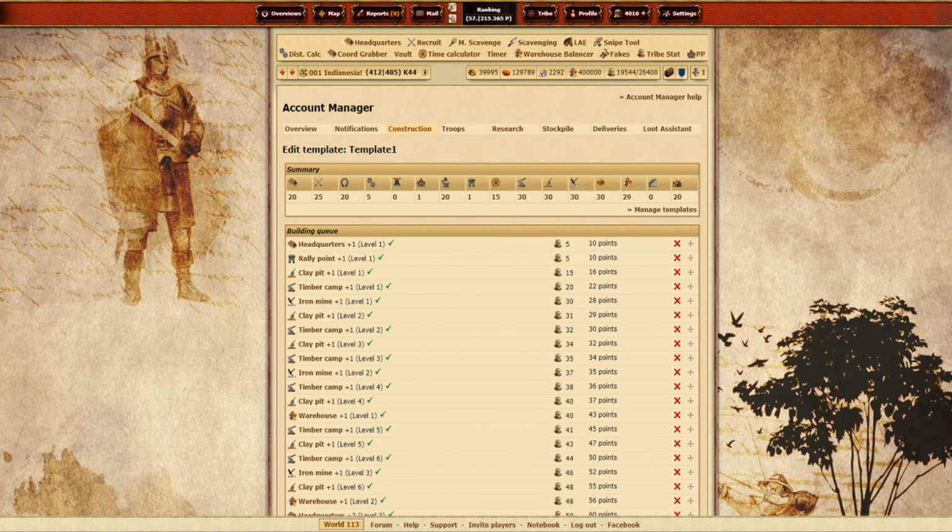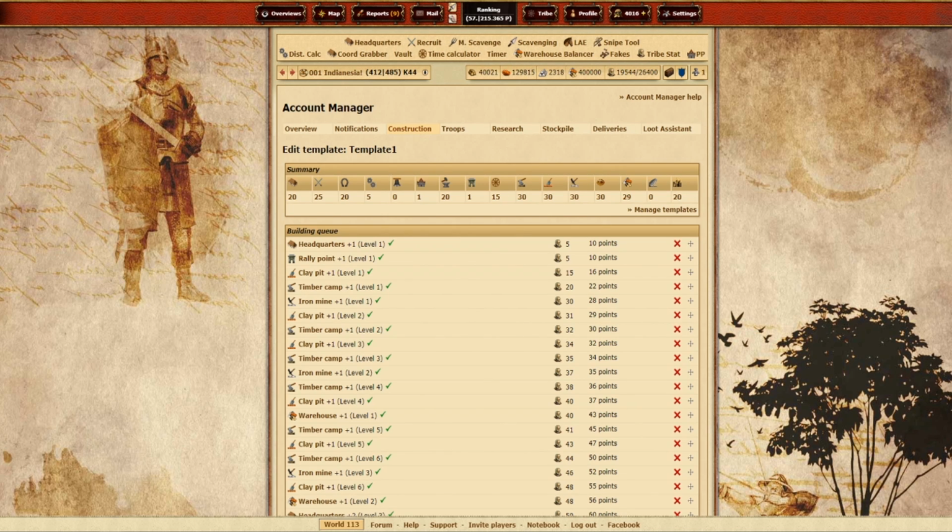Many people have asked over the years what the best template is for construction. The truth is, there is honestly no such thing. Every world and village is very different. World settings such as the speed, troops, hall, paladin settings, and many more things can change. In addition to that, every village has other variables of change as well, such as bonus villages, location, quality of farming, and safety. They can all play a part in the order you will be building up your village,